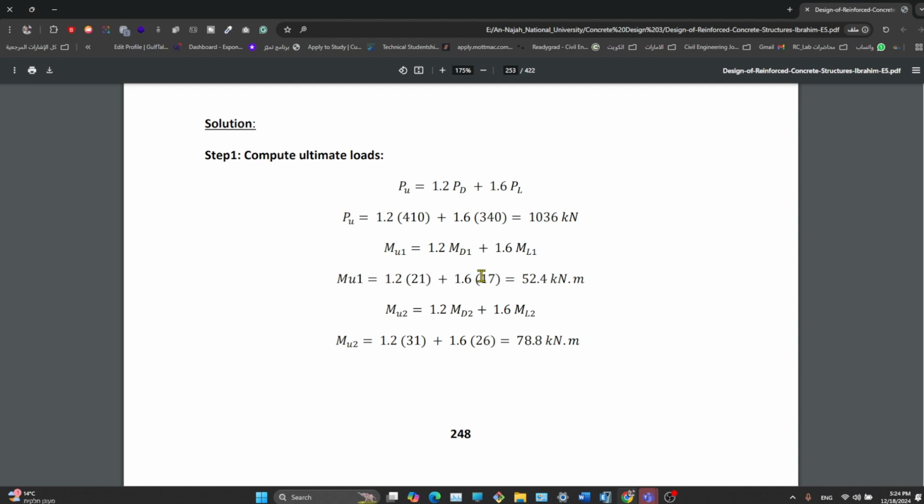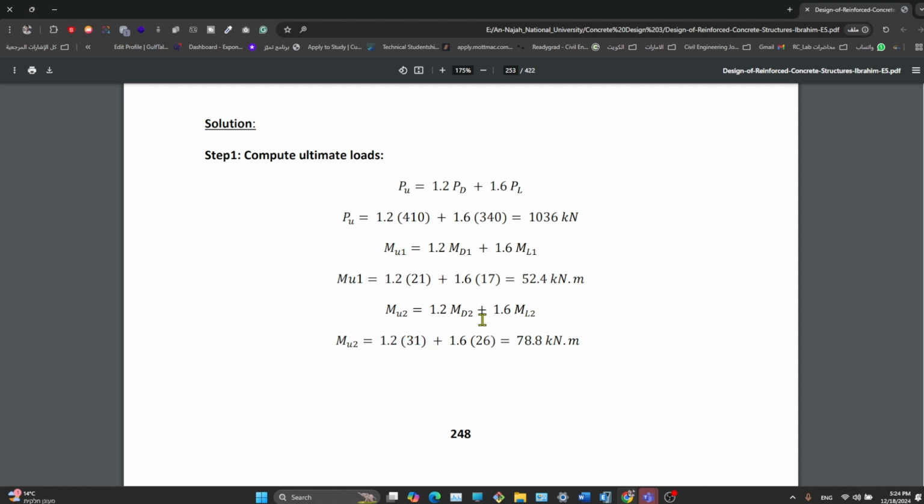Exactly, because 4 by 4 is 16, which means 1600, and it's near to this ultimate, but it is larger, and this helps us make the section able to resist the moment,